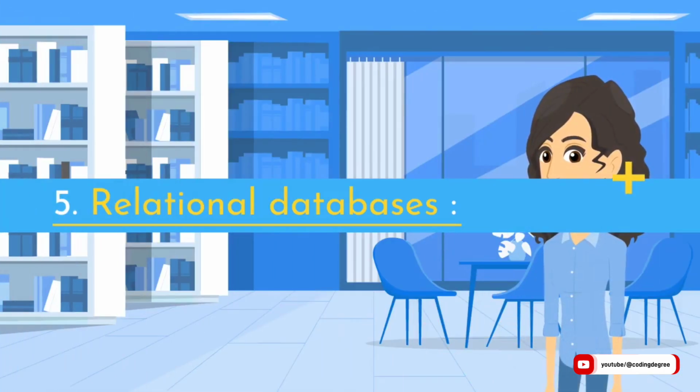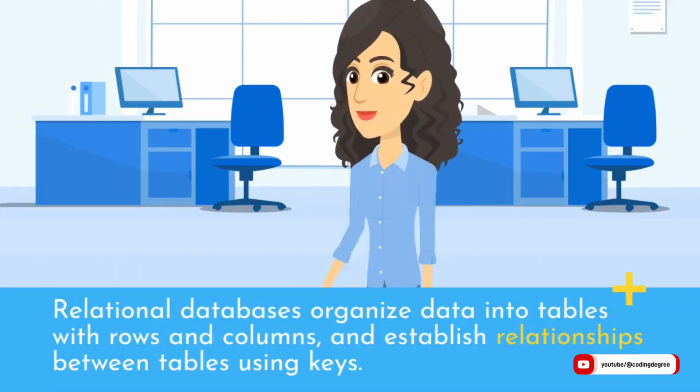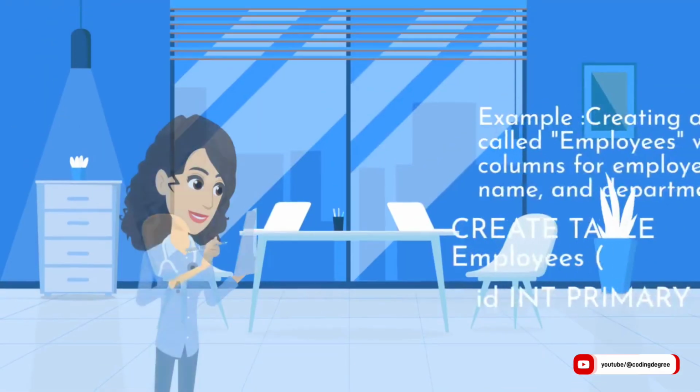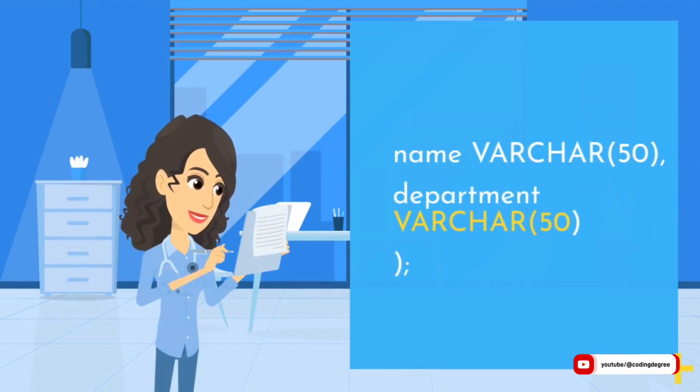5. Relational databases. Relational databases organize data into tables with rows and columns, and establish relationships between tables using keys. Example: creating a table called employees with columns for employee id, name, and department. CREATE TABLE employees (id PRIMARY KEY, name VARCHAR(50), department VARCHAR(50));